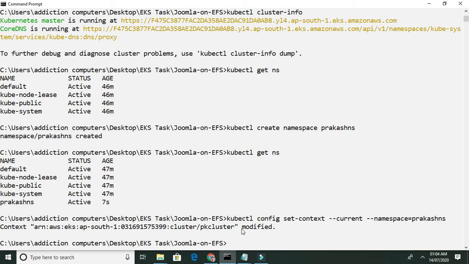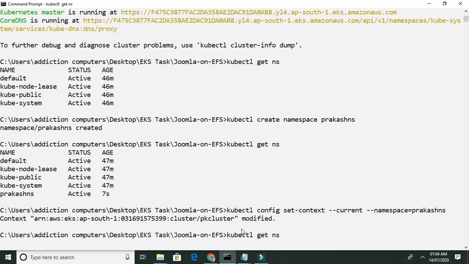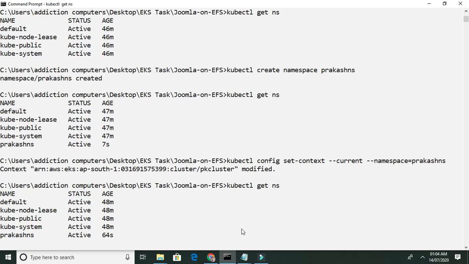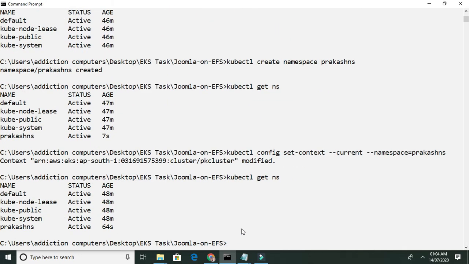So now whatever command I'm going to do and whatever work I'm going to do, that is going to be implemented in the Prakash namespace. Okay,